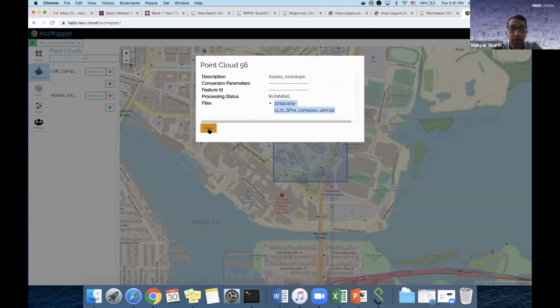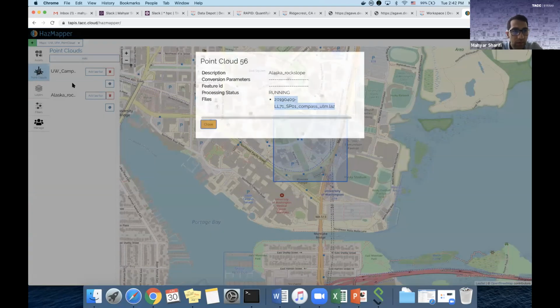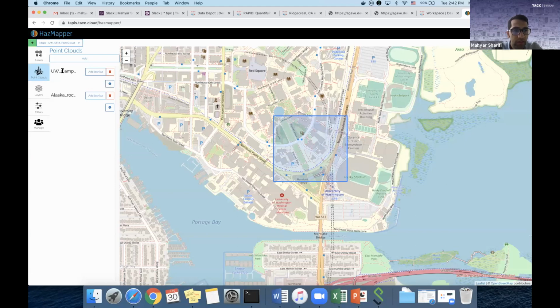So after it's completed, you will be able to build on to this one. If there are multiple LAS files or multiple other point cloud files, you will be able to add to this particular file, or you can select all of them at once in the beginning when you were selecting the LAS files. This may take a while, so in the meanwhile,